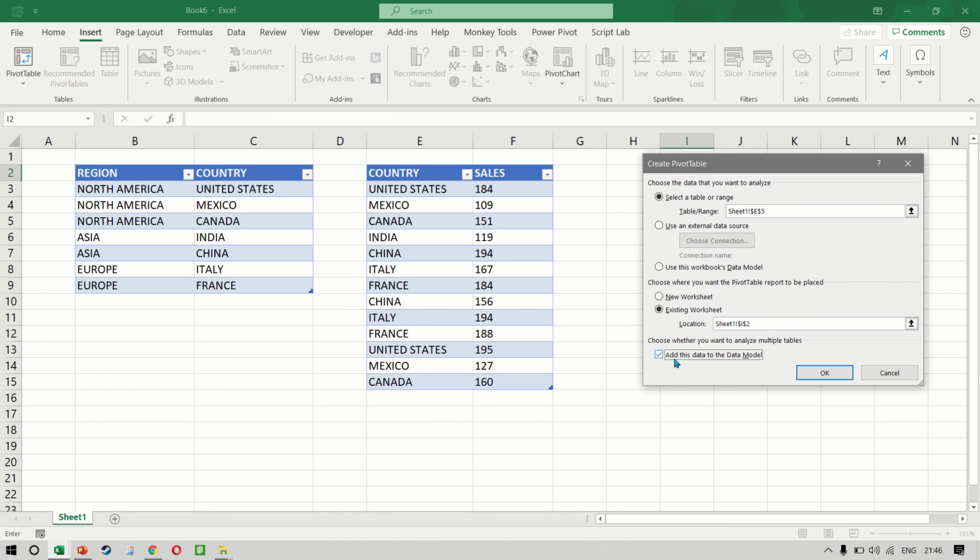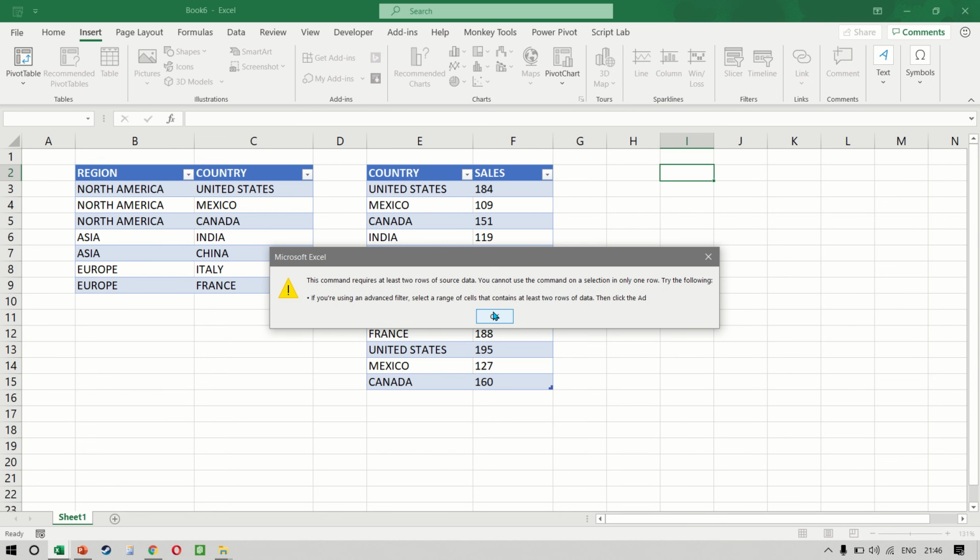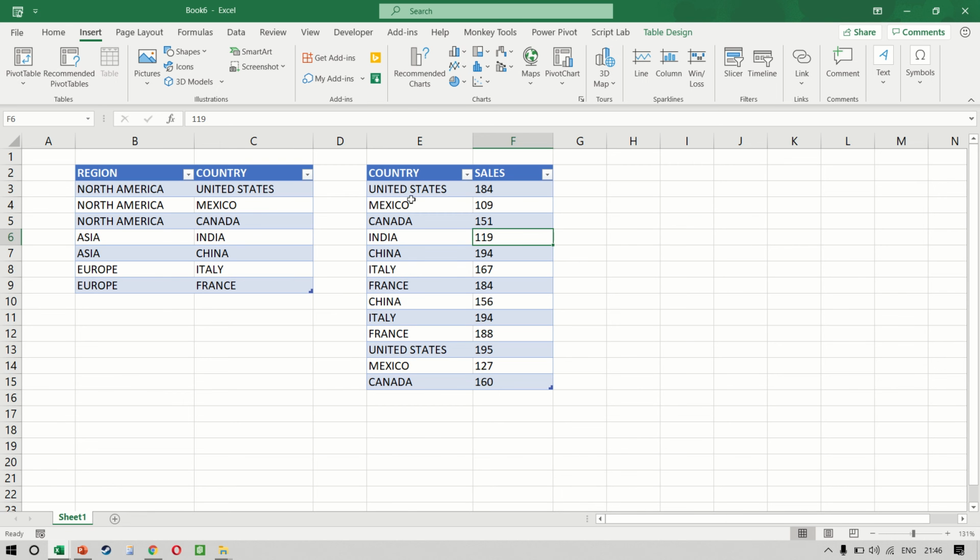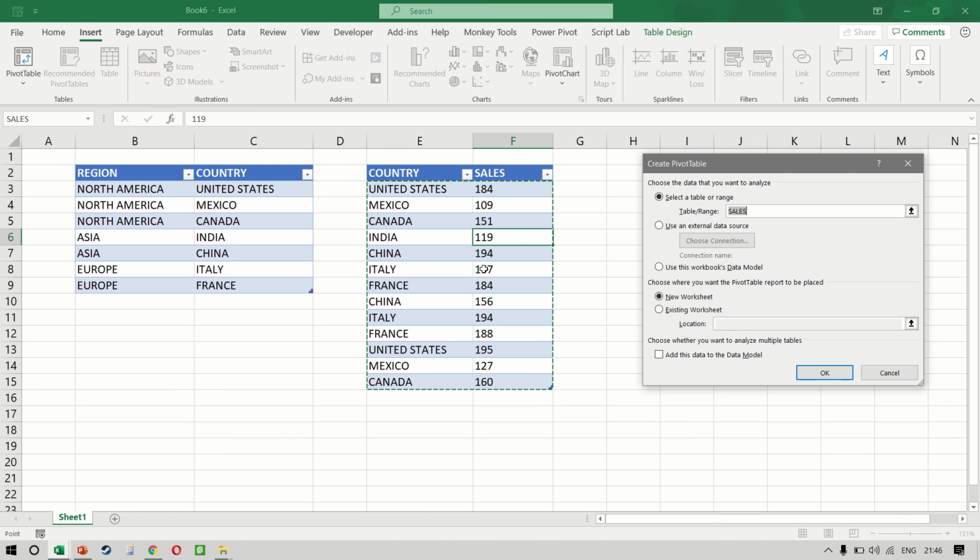I click on this option called add this data to the data model. And that did not work. Let me just see if there's anything which is incorrect. Okay, let me just do that once again. So we click on pivot table, and we have selected our sales table. We click on add this data to the data model and we press OK.